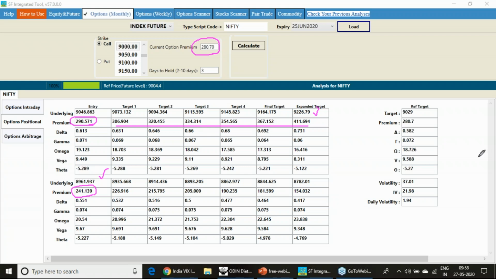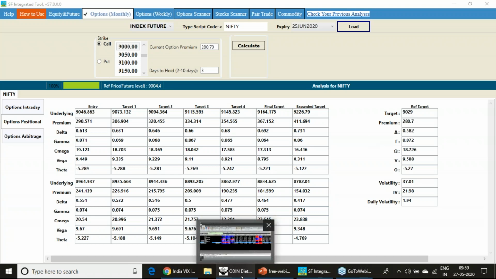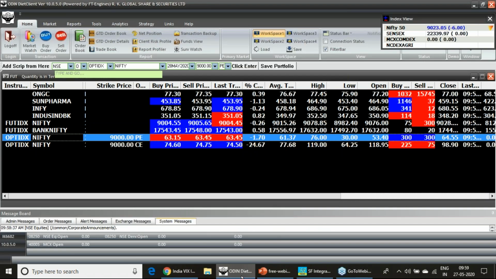So that is some 3 days 15 rupees theta decay also being factored in this calculation. So this is how you get different implications. If you are using the manual tool, you need to input the data and it will do the calculations, and accordingly you can do it. That is also accurate. And if you have the automated tool, only with the click of a mouse you can get it.